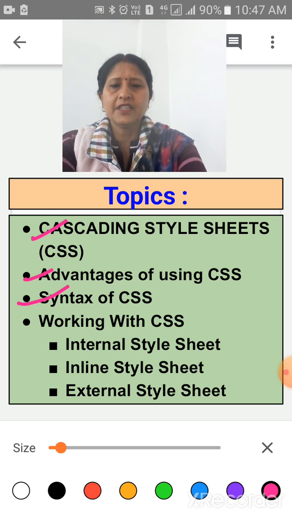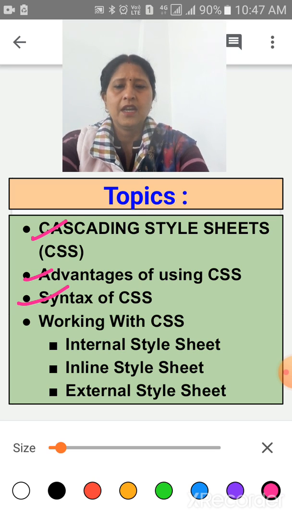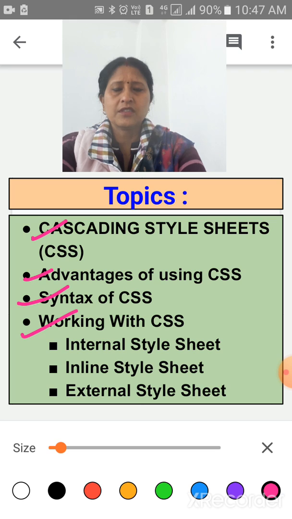After that, syntax of CSS. The full form of CSS is cascading style sheets. And lastly, we will discuss working with CSS. In this, we will discuss internal style sheets, inline style sheets and external style sheets. Clear?